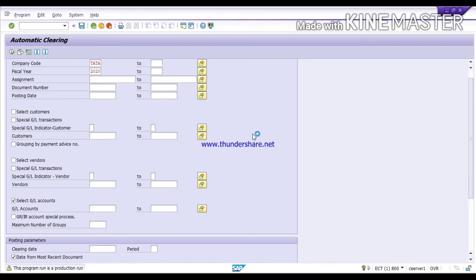I am waiting to show you the document. The system is taking a little time. Once it's updated, you can see your clearing document is updated. Your open items are cleared now. So let the system update it.